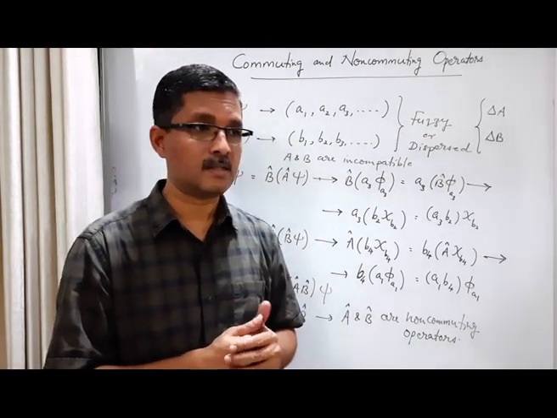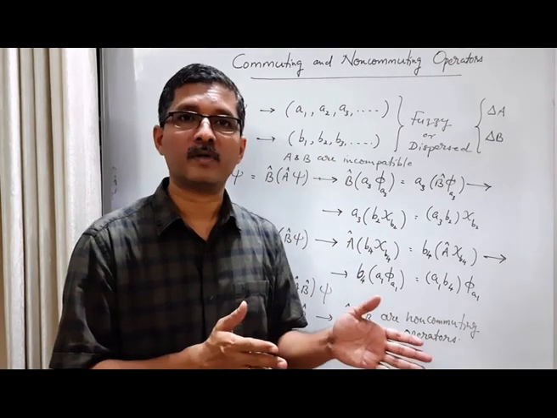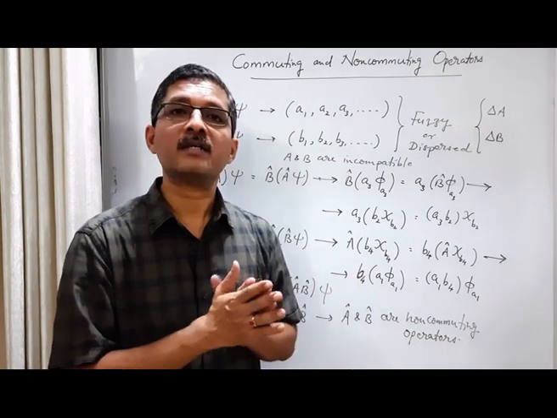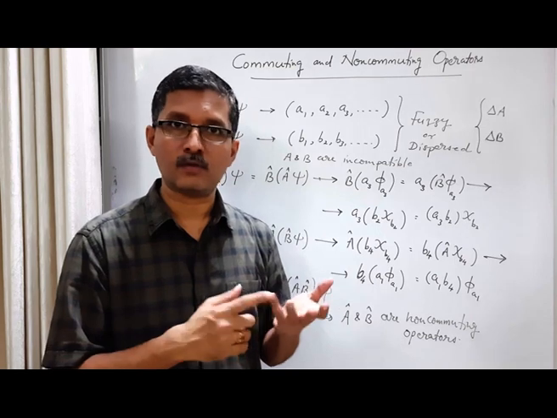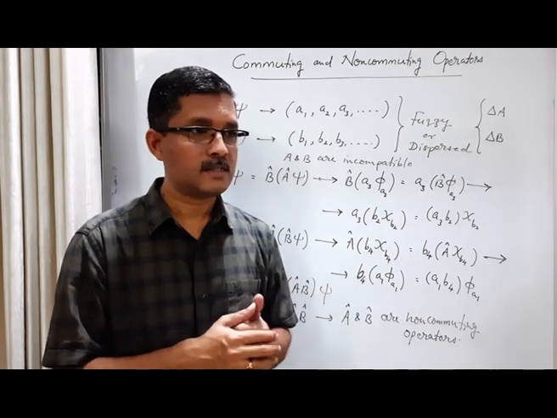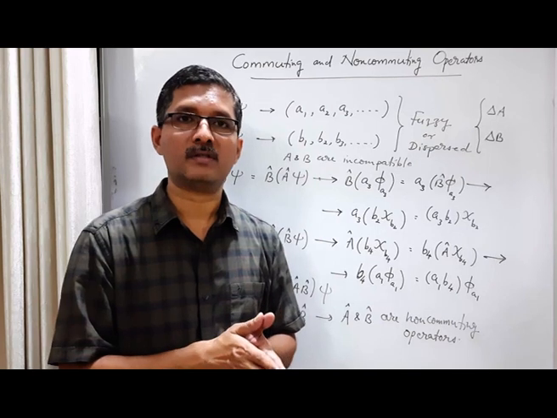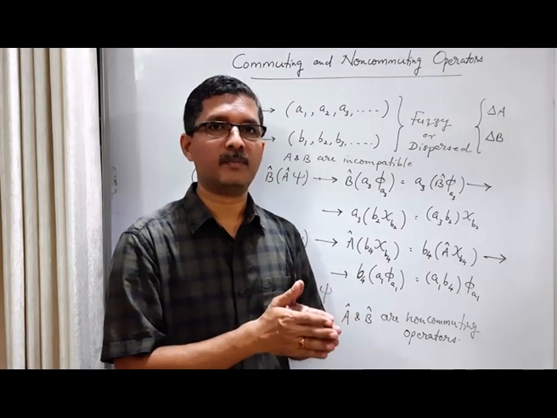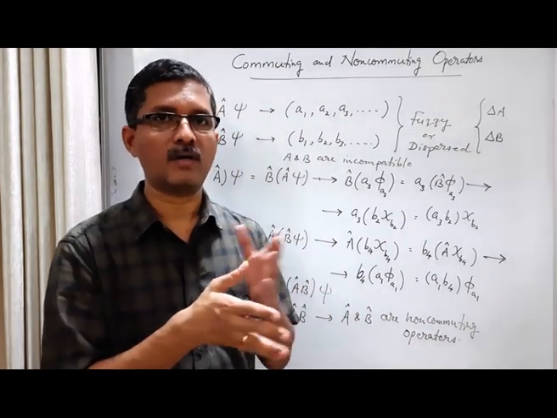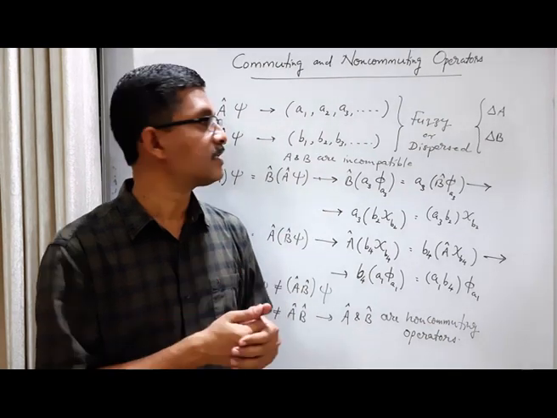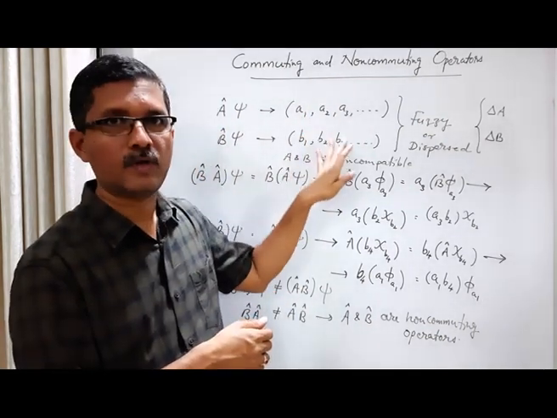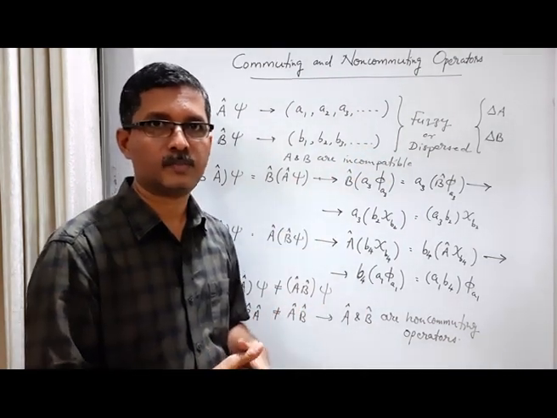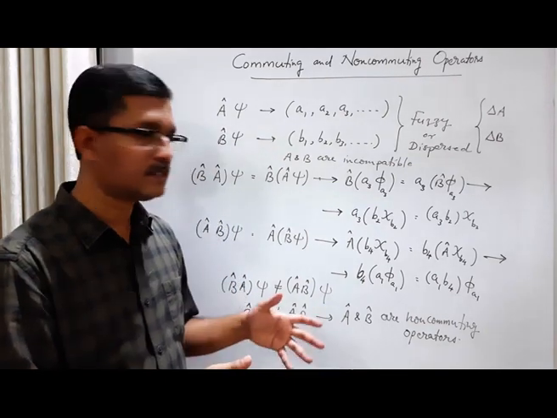state of hydrogen atom and consider the operators position and linear momentum of electron. Stationary state of hydrogen atom labeled in terms of n, l, m_l and m_s. This is not an eigenstate of either position operator or linear momentum operator. When we measure position and linear momentum of electron in these stationary states, we will get things like this. Both will be dispersed or fuzzy, and they are incompatible operators, position and linear momentum operators. So that is one example.